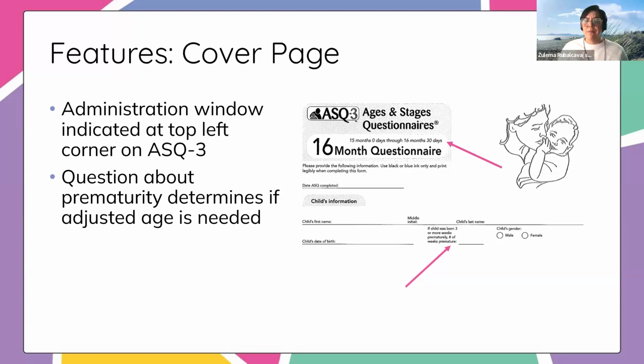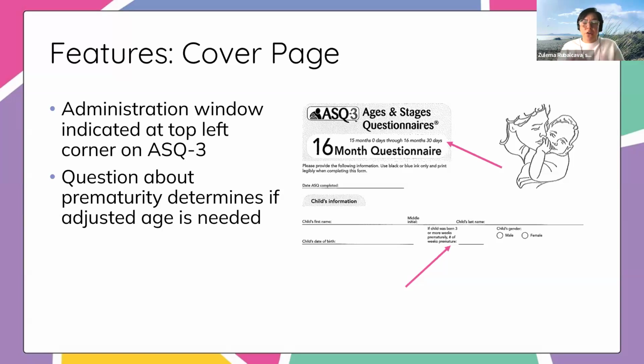Trust me, I'm going to give you resources for how to do this easily. I just want to make sure that you're understanding the reasoning behind it, and then I'm always going to give you ways to make it easier to adjust ages, right? But just know that we do ask that you adjust their age if they're under the age of 2 and were born more than 3 weeks premature.